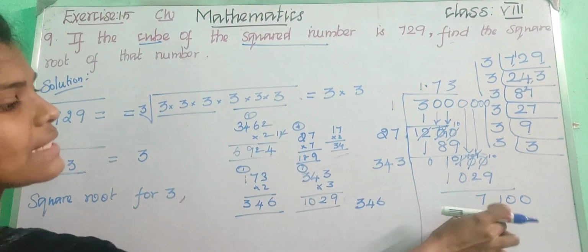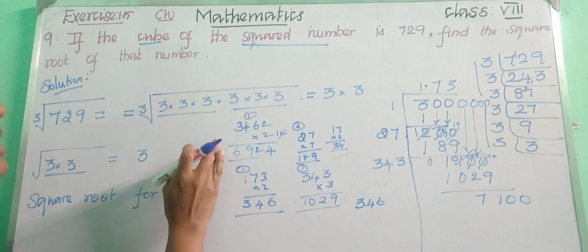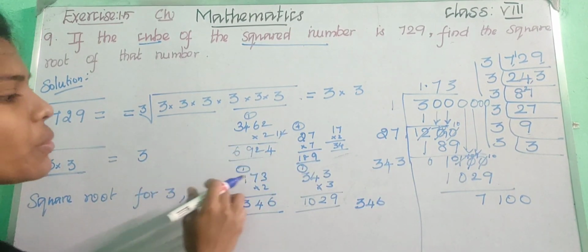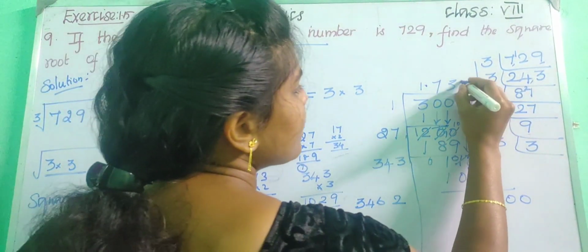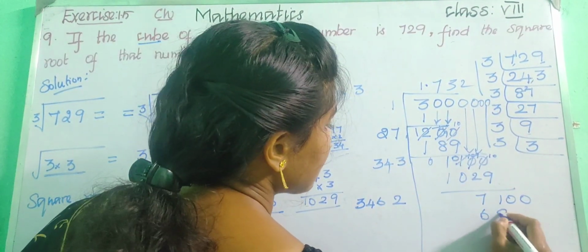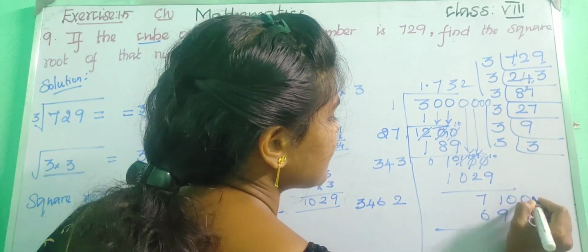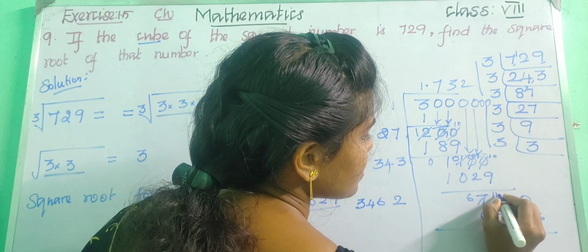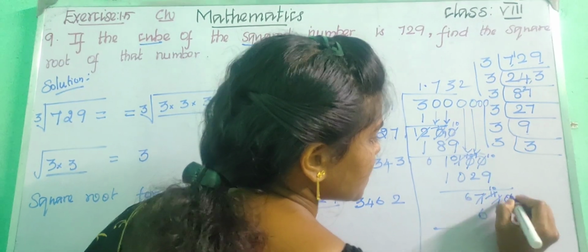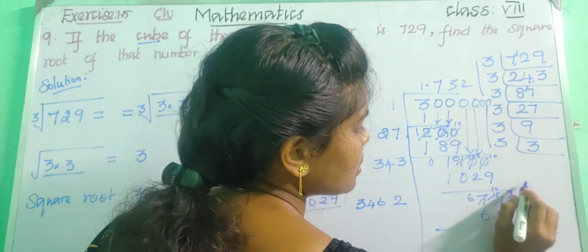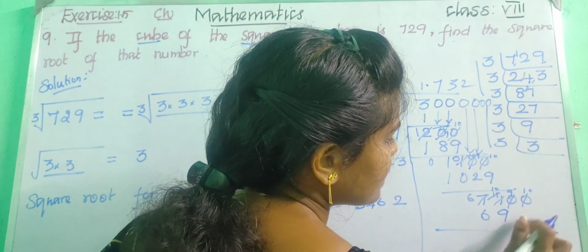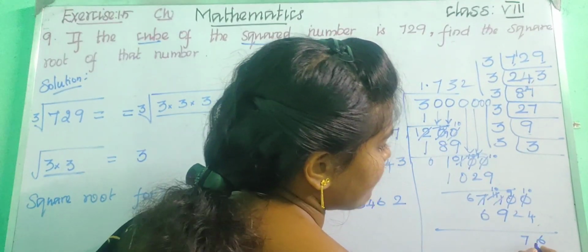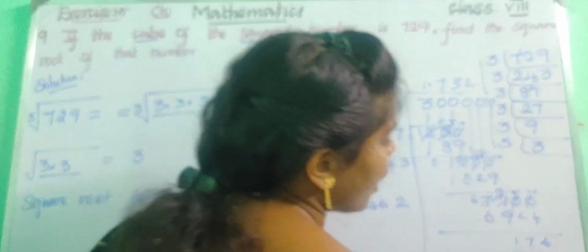See, here we are having 7,100. So we will not get the same number. So we can take the number which is nearly less than this number. So now we got 6,924. So now we can put 2 and 2. Now subtract it. This one becomes 6. 0, 9 and 10. So 10 minus 4, what will you get? 6. 9 minus 2, 7. 10 minus 9, 1. So now we got 176.